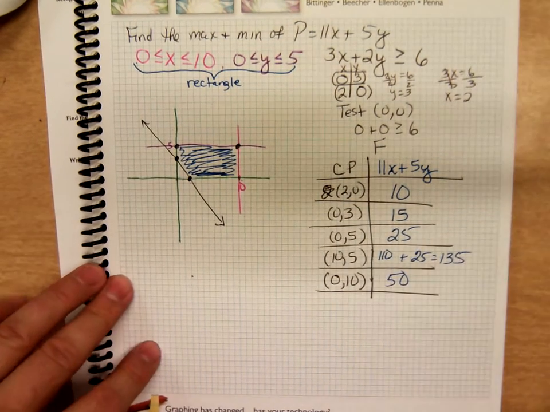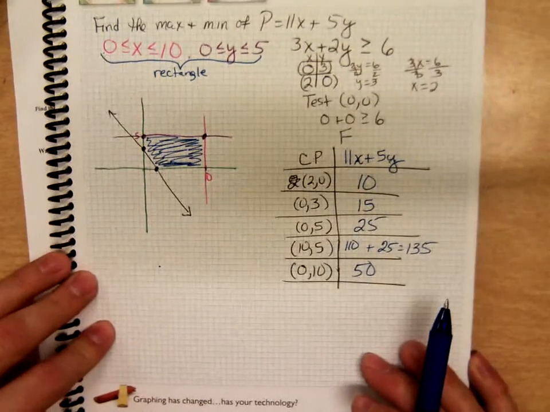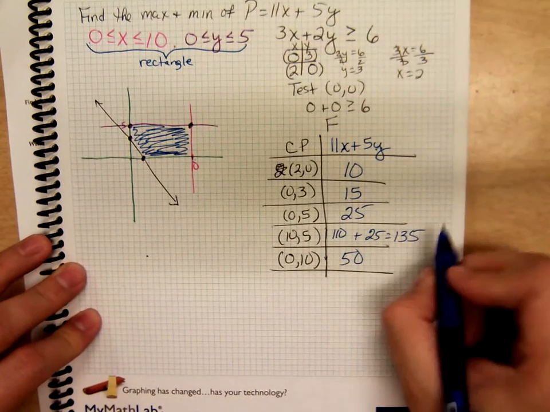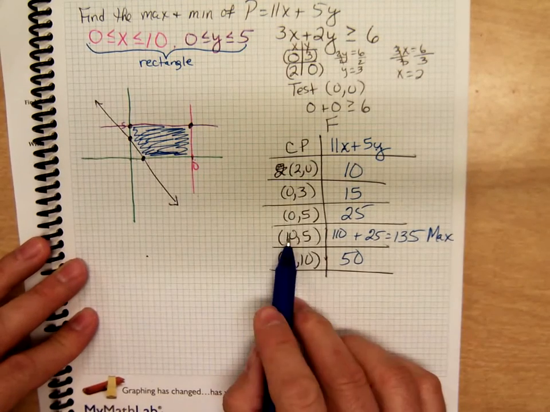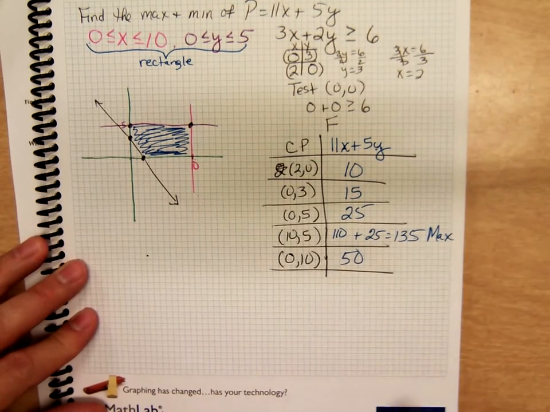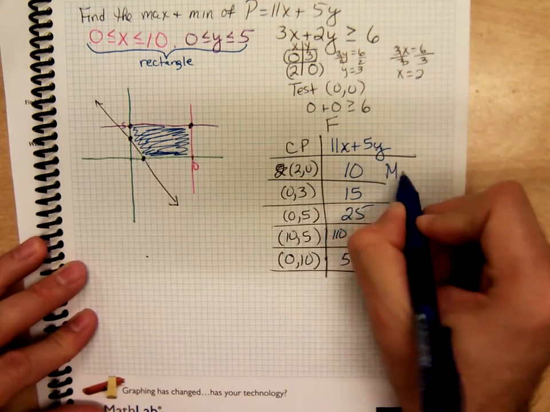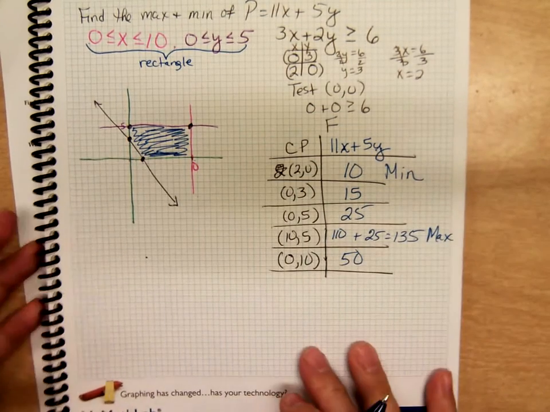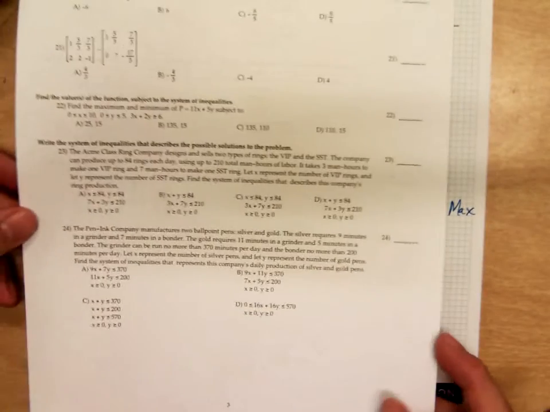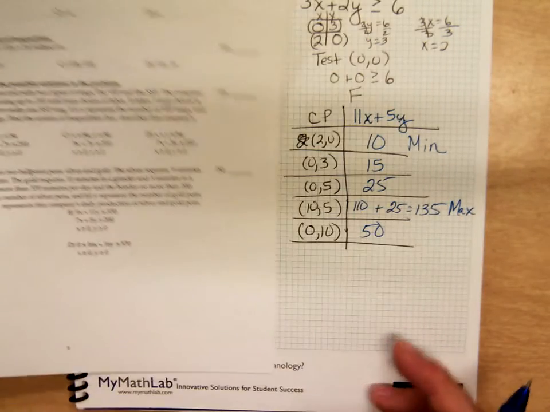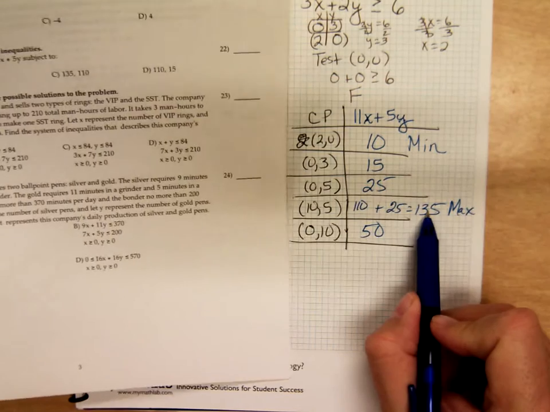So the biggest number is our maximum. So the maximum is 135, which occurs at the ordered pair 10, 5. And our minimum is 10, which occurs at the ordered pair 2, 0. I don't think it's asking where they occur. It's just what's the maximum and what's the minimum. So we're looking for 135